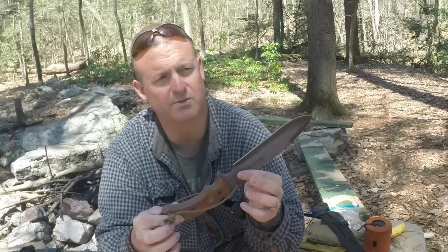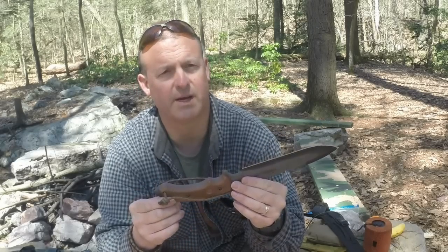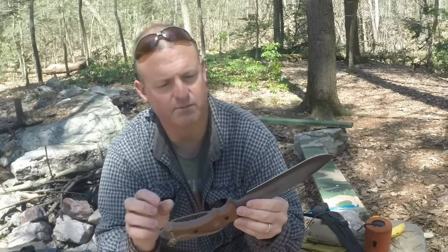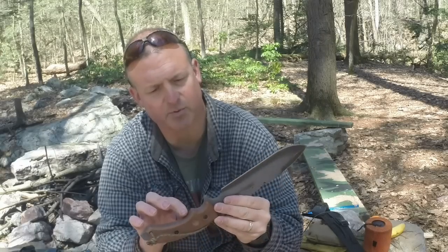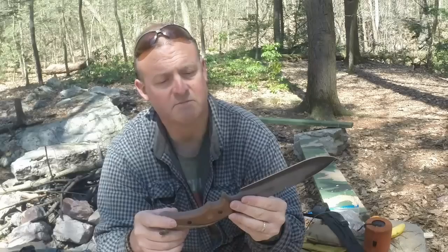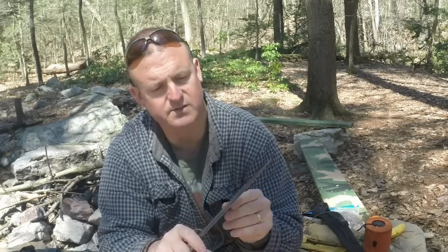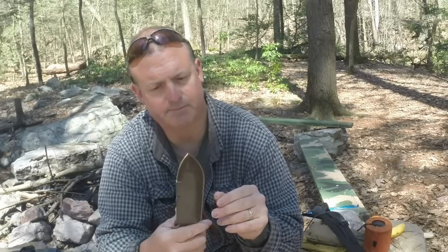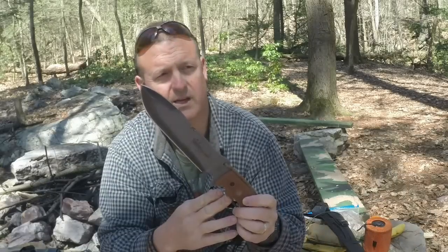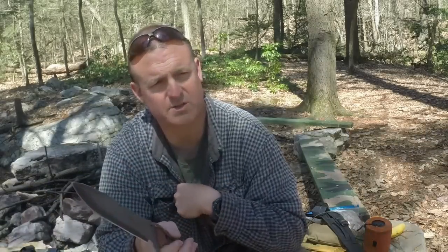I'm impressed with the build quality from Tops, and I'm impressed with the design work from Andy Tran. Kudos to both of them. A couple of areas that I'd like to see improved, but nothing's perfect. And this is something that can easily be done yourself. That's it. That's my take on the Tops Tahoma Field Knife. I really like it. I'm going to be using it a lot this summer in conjunction with this mini Scandi,